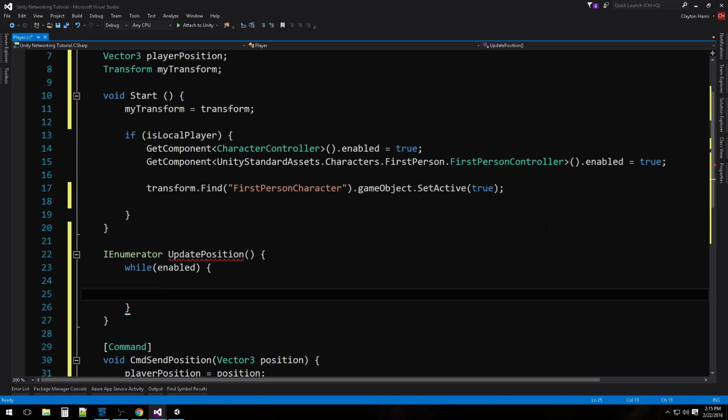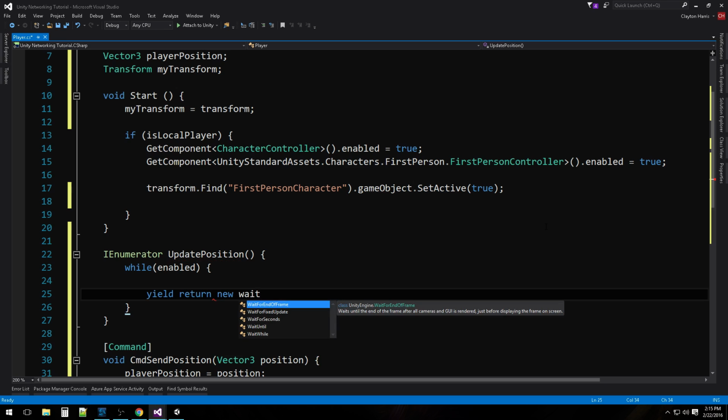But we don't want to block the client or sit there and just send it, right, and do nothing else. This would actually block the client where it couldn't do anything else. So what we need to do is add a yield statement, and we're going to return a new wait for seconds,